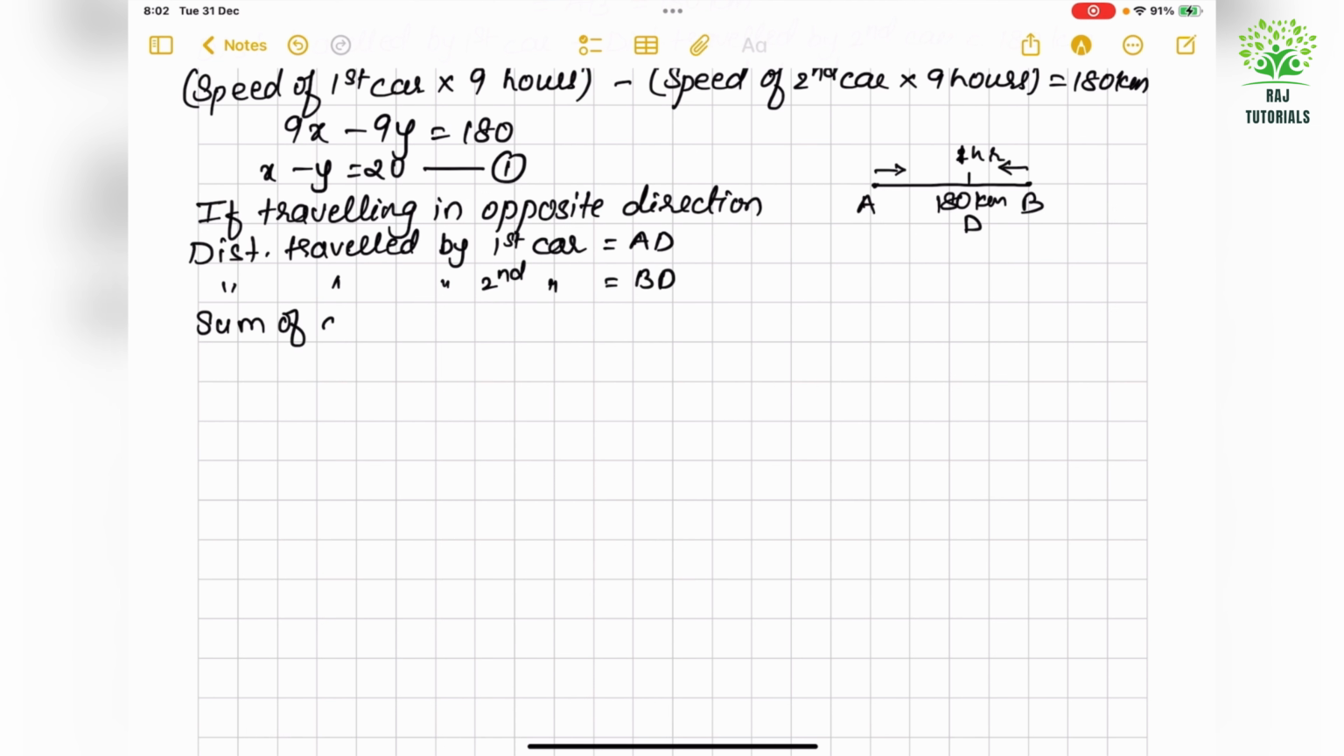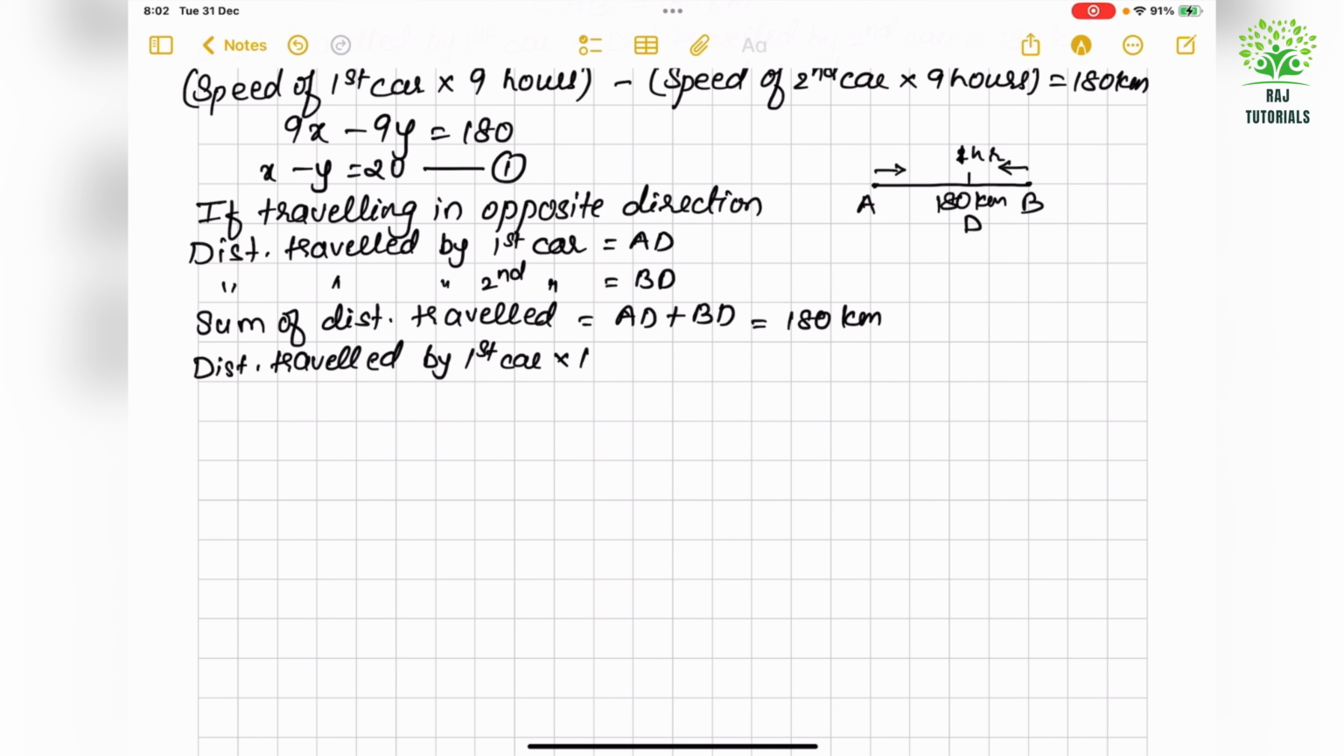Sum of distance traveled is equal to AD plus BD, which is equal to 180 kilometers, because the total distance between points A and B was 180 kilometers. So distance traveled by the first car in 1 hour